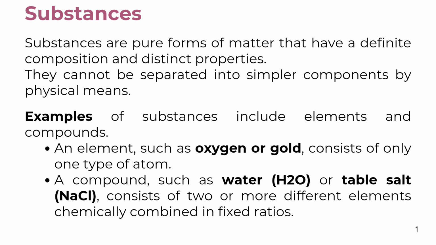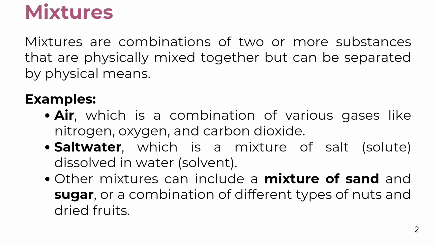An element, such as oxygen or gold, consists of only one type of atom. A compound, such as water, H2O, or table salt, NaCl, consists of two or more different elements chemically combined in fixed ratios. Mixtures. Mixtures are combinations of two or more substances that are physically mixed together but can be separated